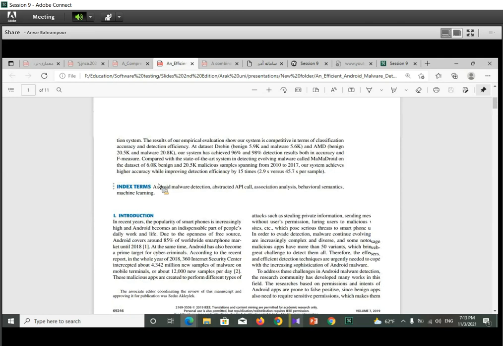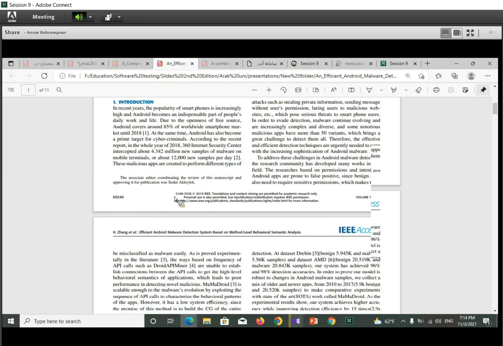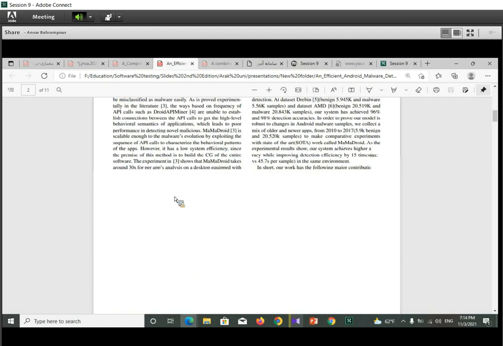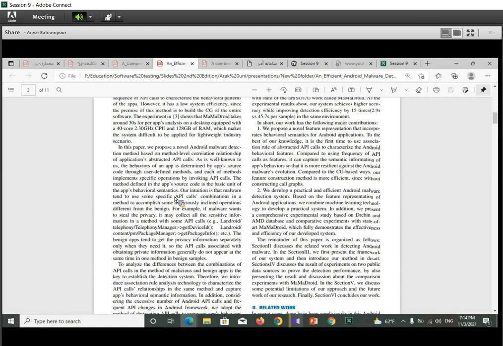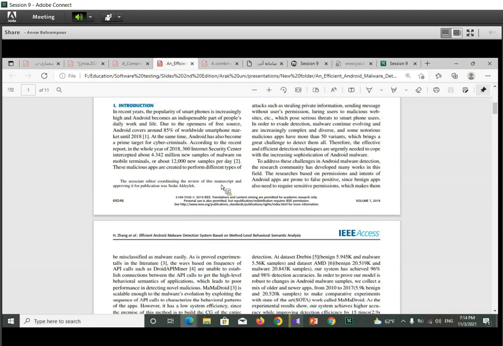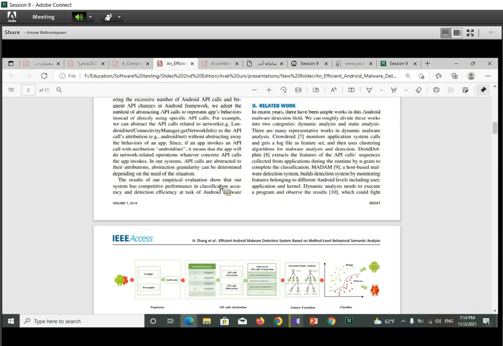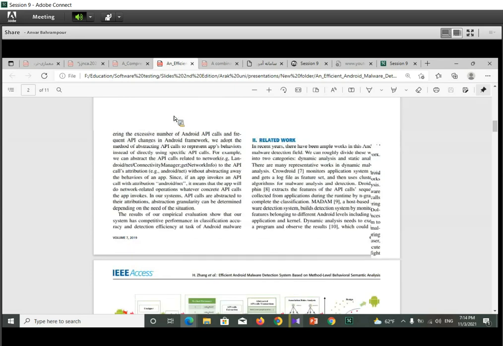For the first part, for explaining in more detail, we should study the introduction and related work. We should study the first and probably the second part of the paper. In the first part of the paper, the introduction section,